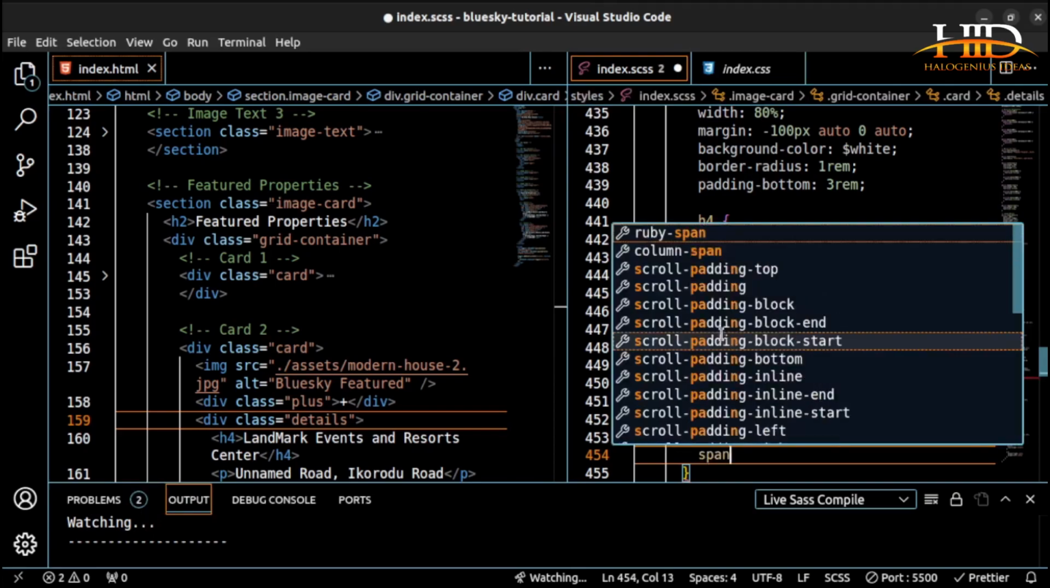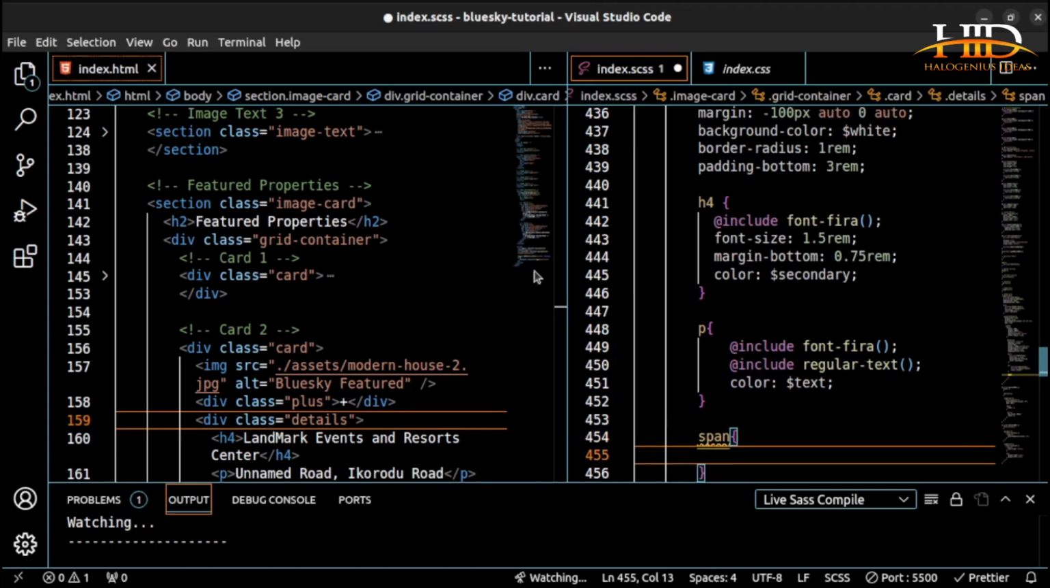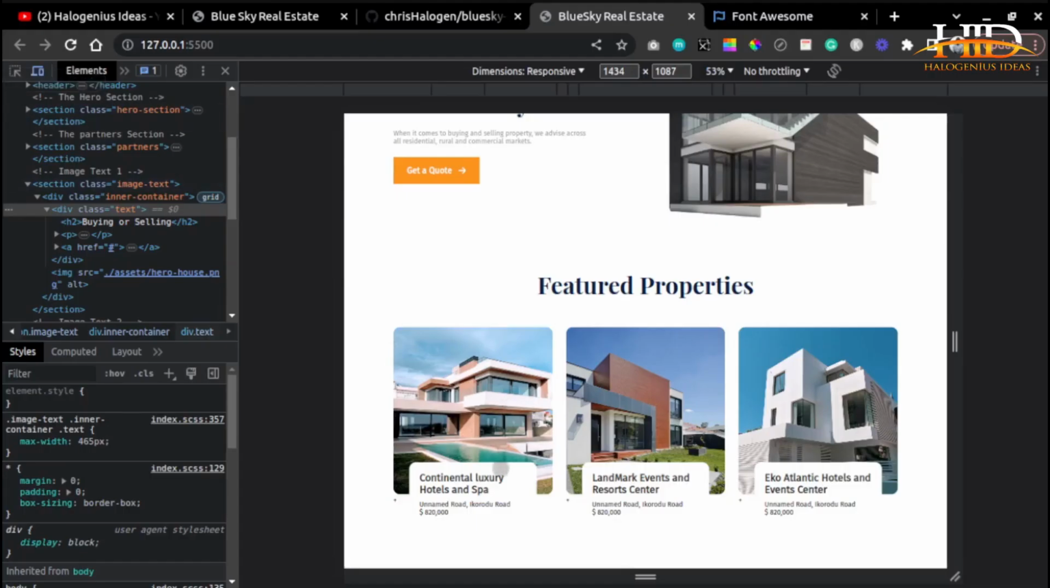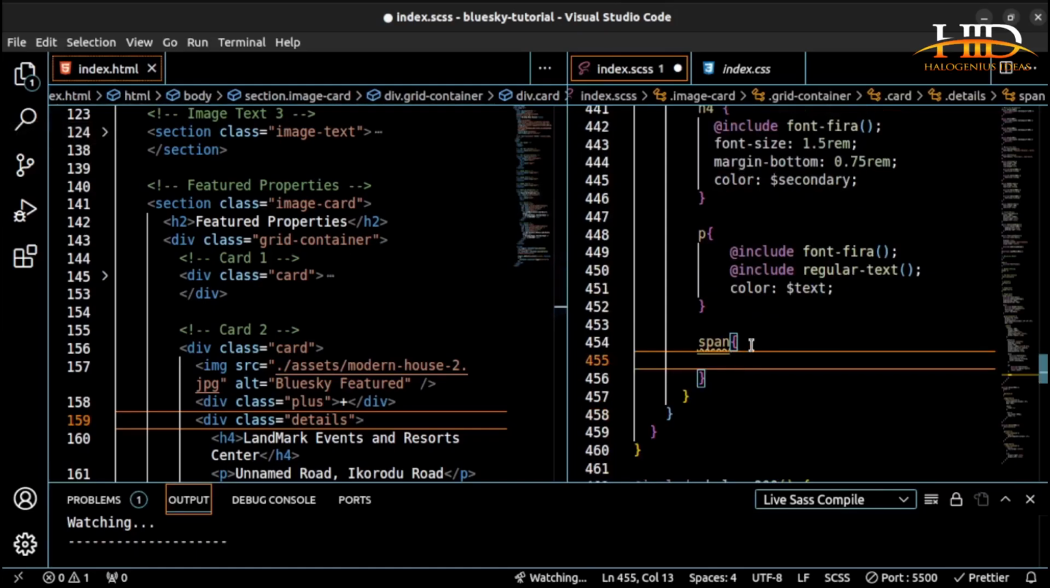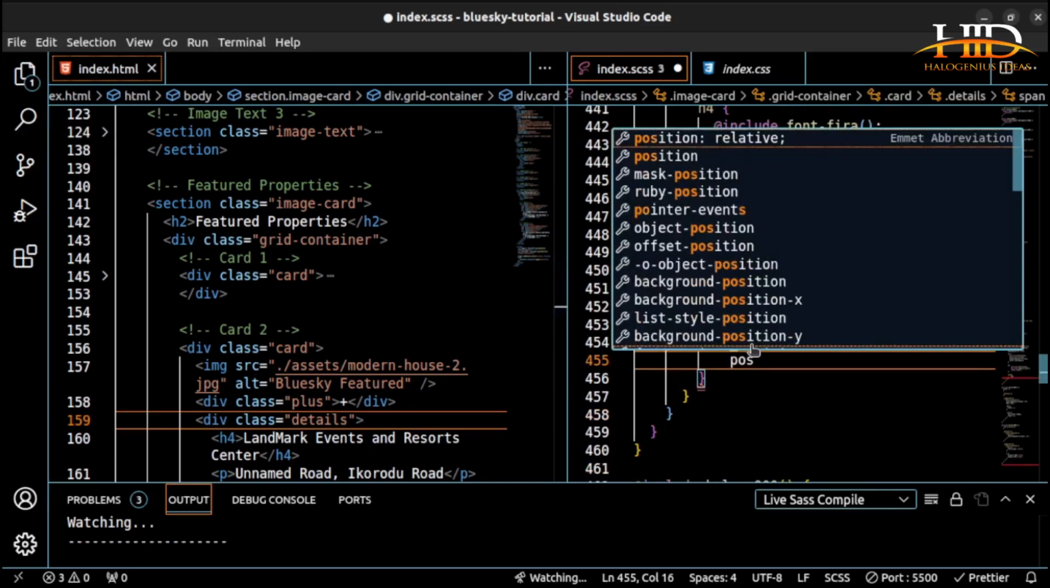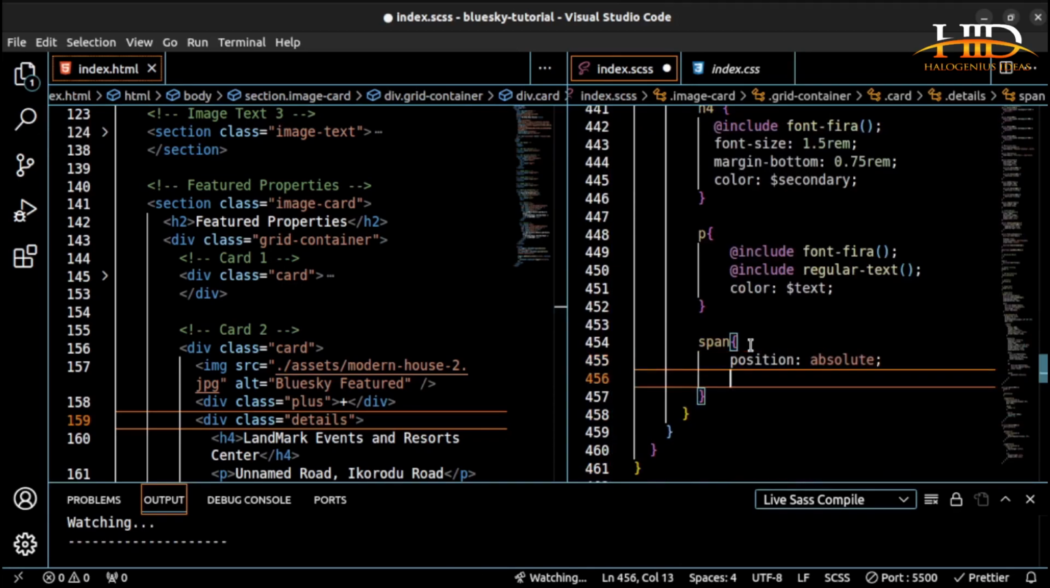So for this span tag now, this span tag is what is responsible for this thing over here, this 820,000. So the span tag now, how do we position it there? The first thing, position absolute. So don't forget, right 0, bottom 0,